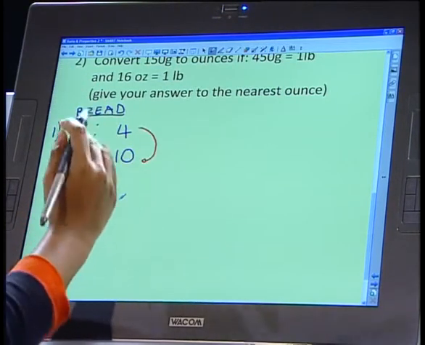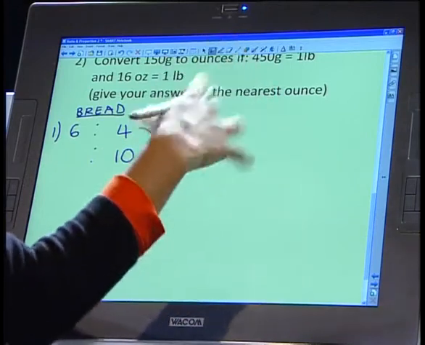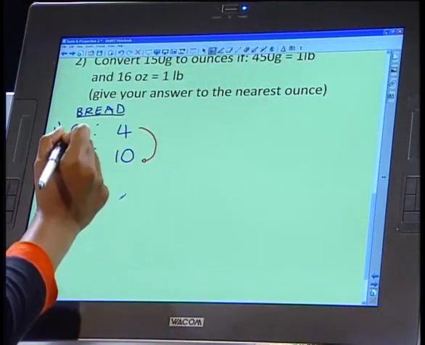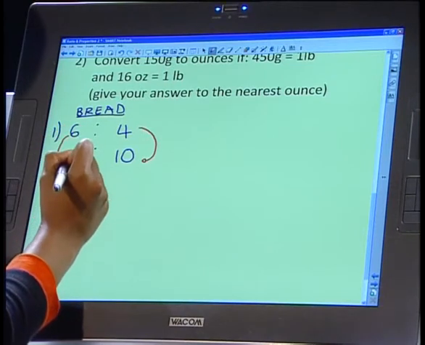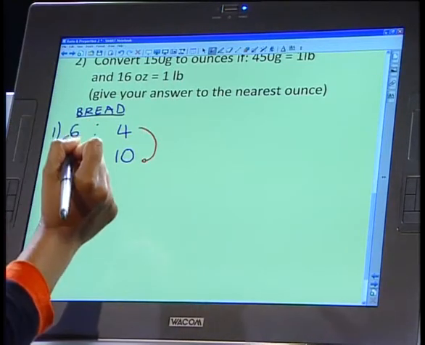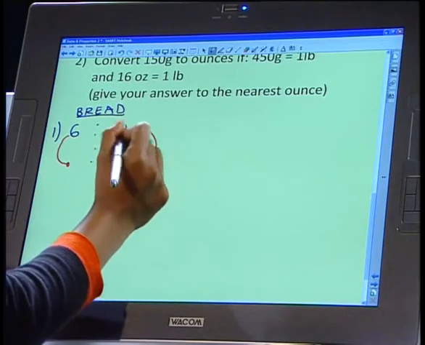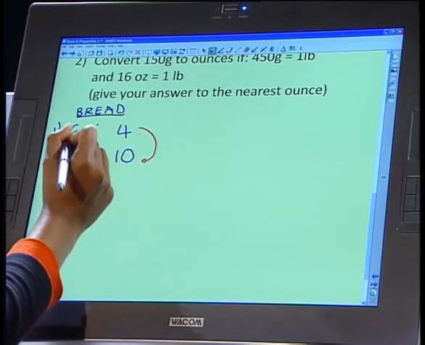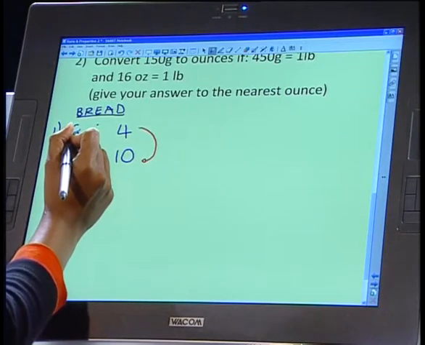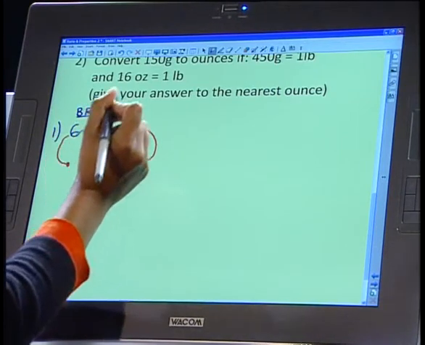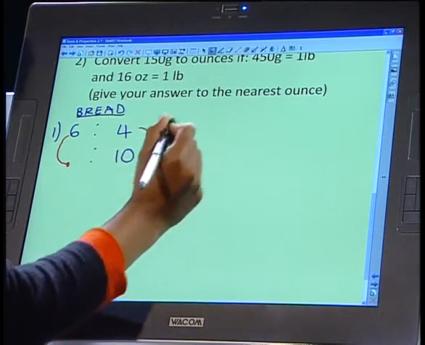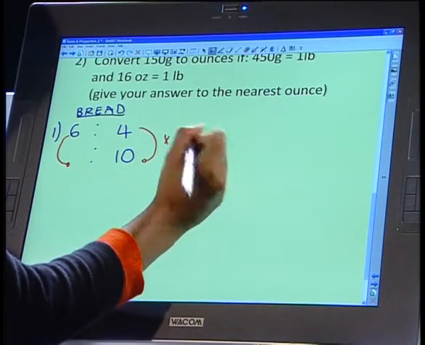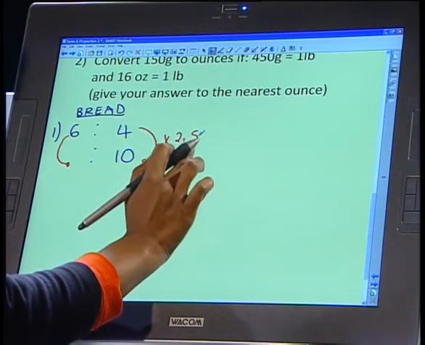Because I know as the number of people increases, the amounts of ingredients are going to increase as well, I need to times my slices of bread by the same factor. So what factor do I need to times by to get from 4 to 10? I would then have to times the 6 by the same factor. So in order to go from 4 to 10, you would have to times by 2,5, because 4 times 2,5